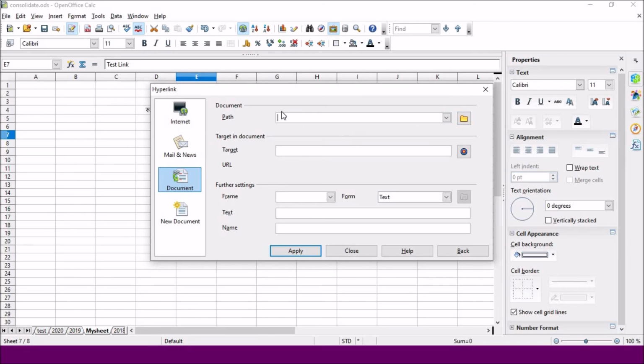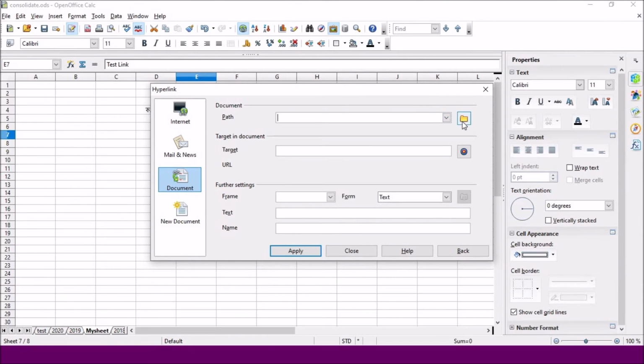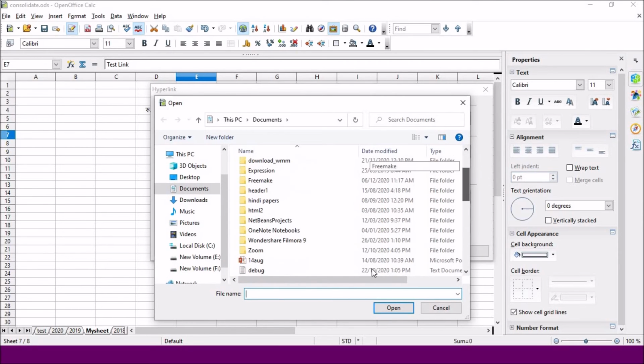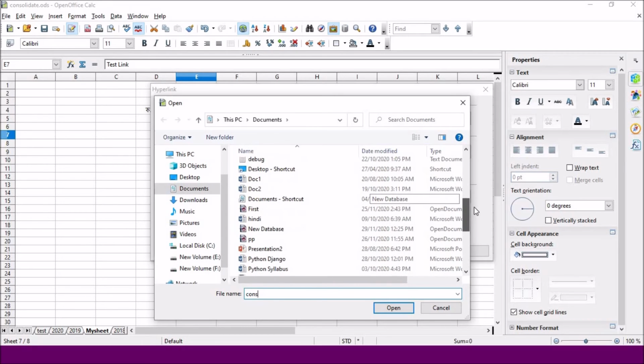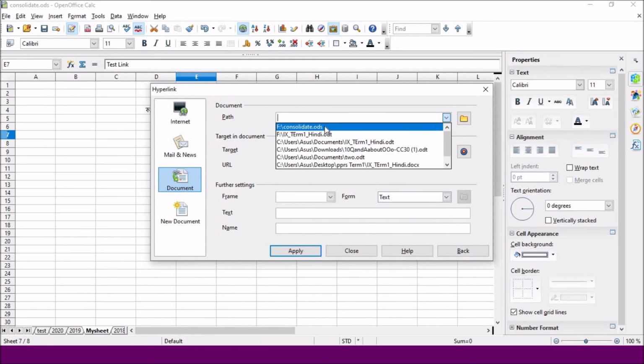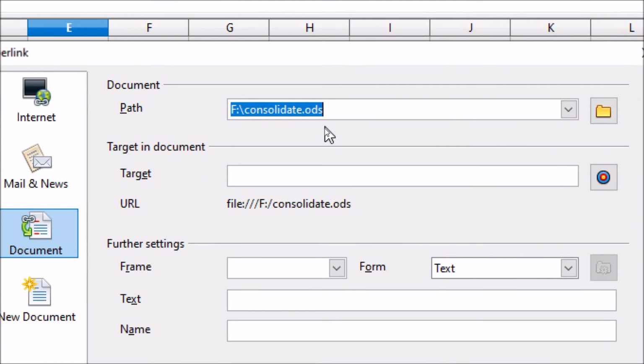So for this, first we have to give the path over here. I'm just clicking on this folder option, and from here I'm going to select my file, the current file in which I'm working. Yes, here I'm getting my file. So I've selected my file name, and the target sheet that should get opened over here.